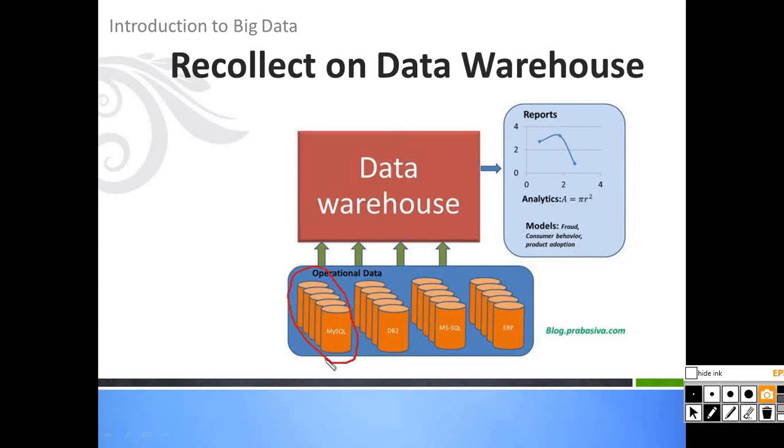They could have been categorized by technology stack, MySQL, DB2, like that, or by domain spaces, like ERP or something like that. So you have multiple such repositories where they bring up some level of denormalization from the source systems, and